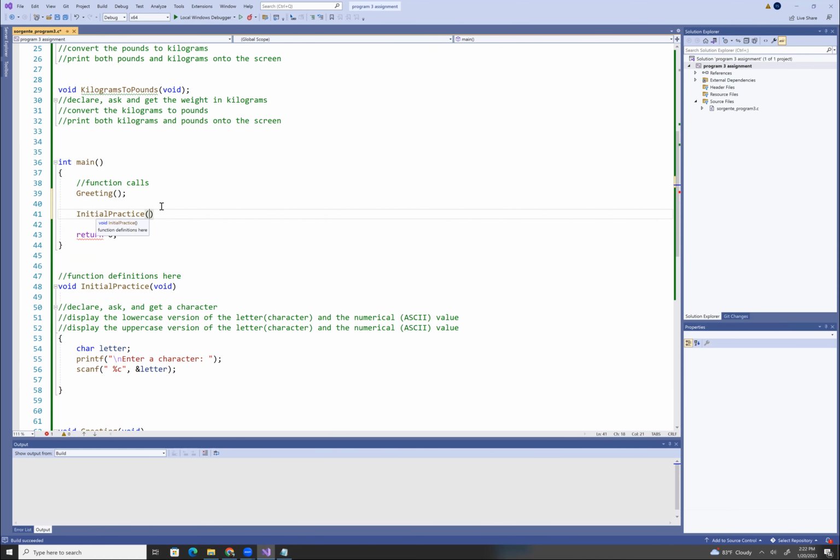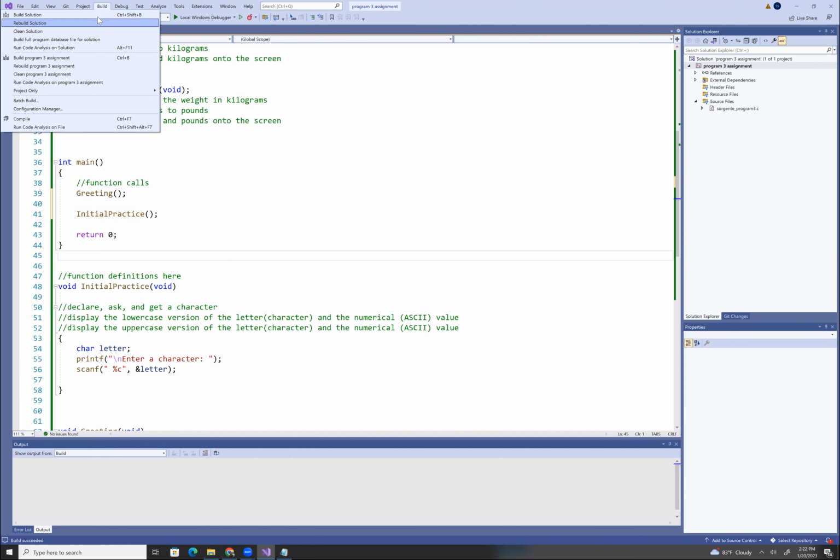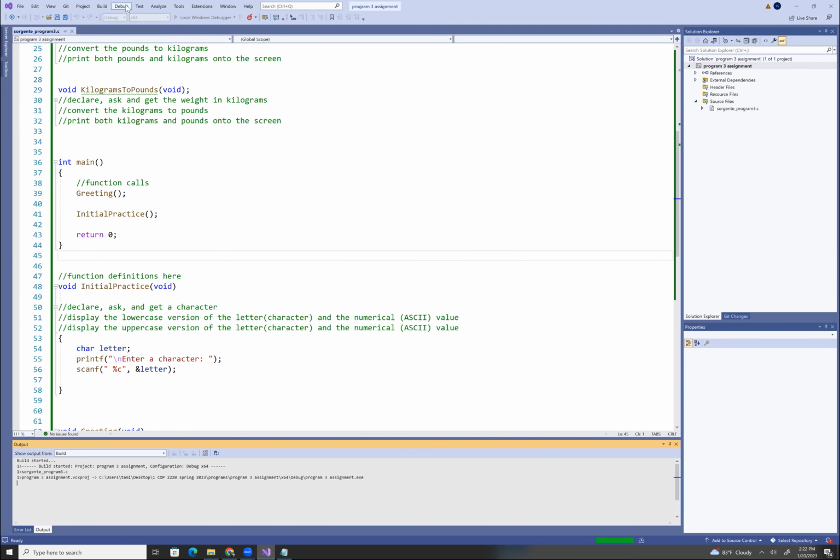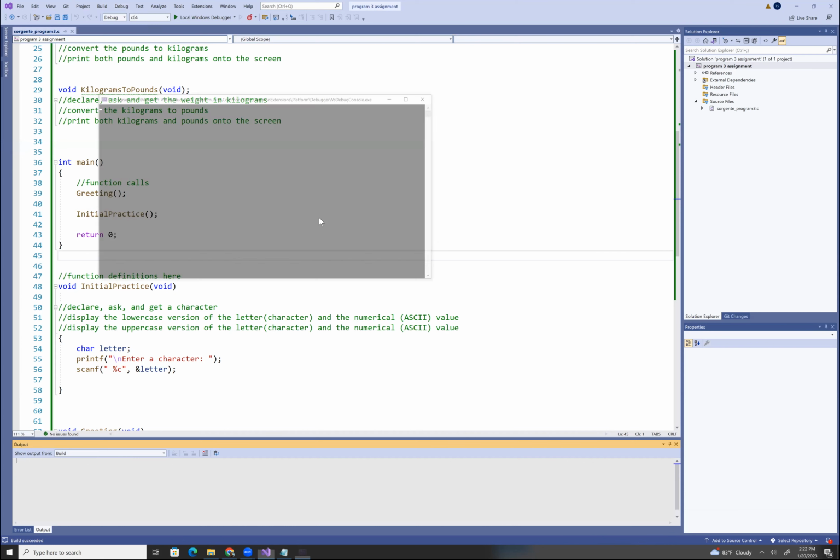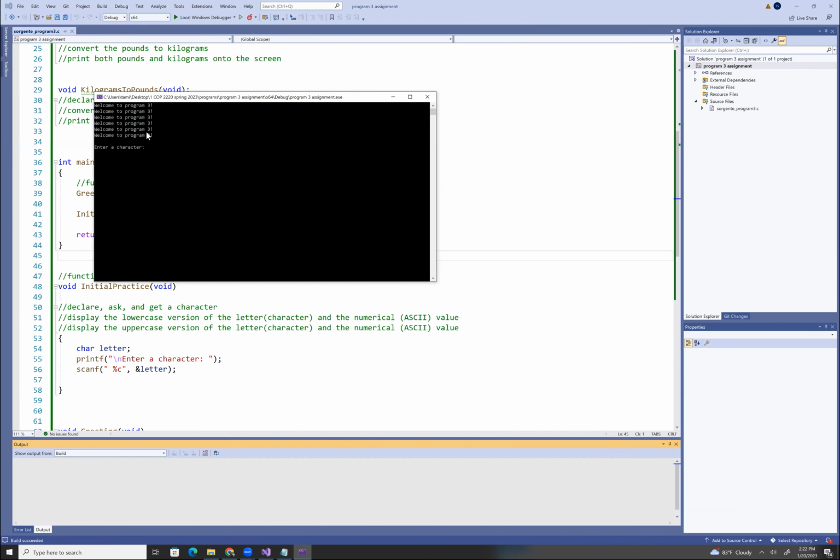So I'm going to call this function. It's very common for students to leave off these parentheses. You need to always put the parentheses, even if it's a void function that takes no arguments. So now when I build it and test it,